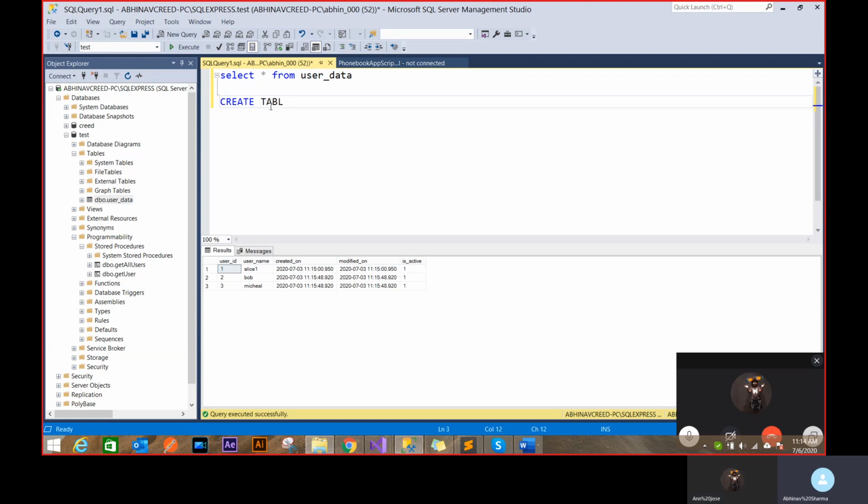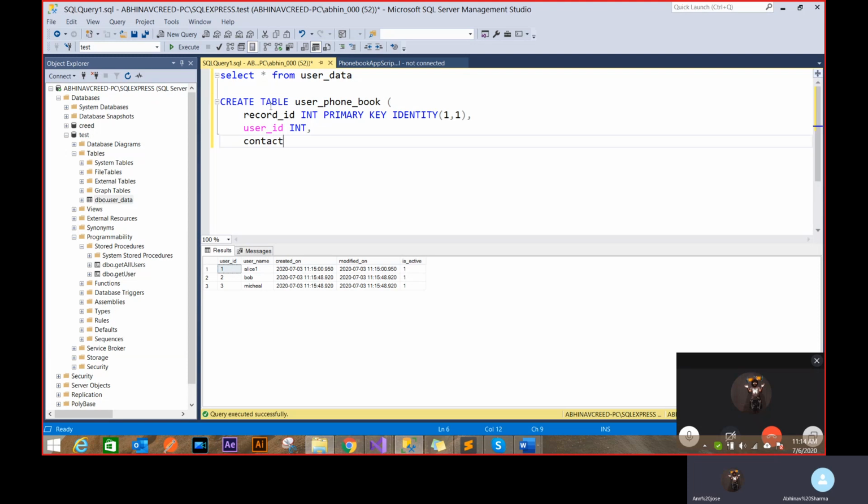Because I can just create table user phone book, and inside this I'm gonna create record ID, which is int primary key, and I want identity to be auto incrementing by 1, so 1 comma 1. And then I'm gonna create user ID. User ID is again an int. Foreign key. Let's not do the foreign key right now. I'll show you the problem without the foreign key. User ID, and then there's contact ID.